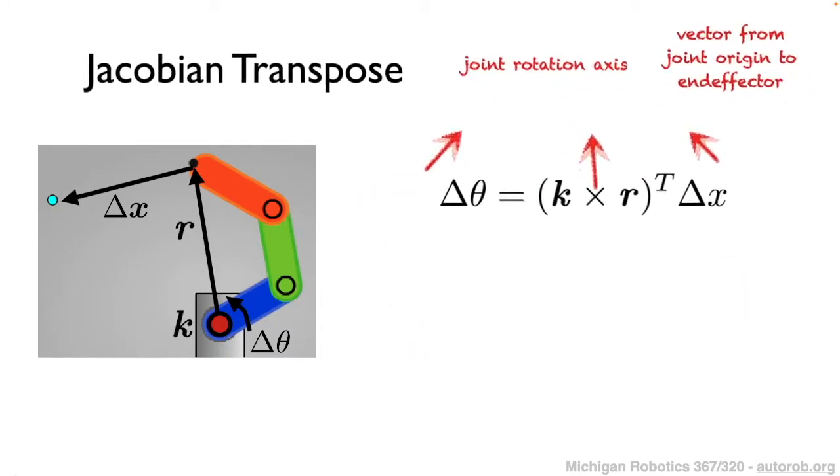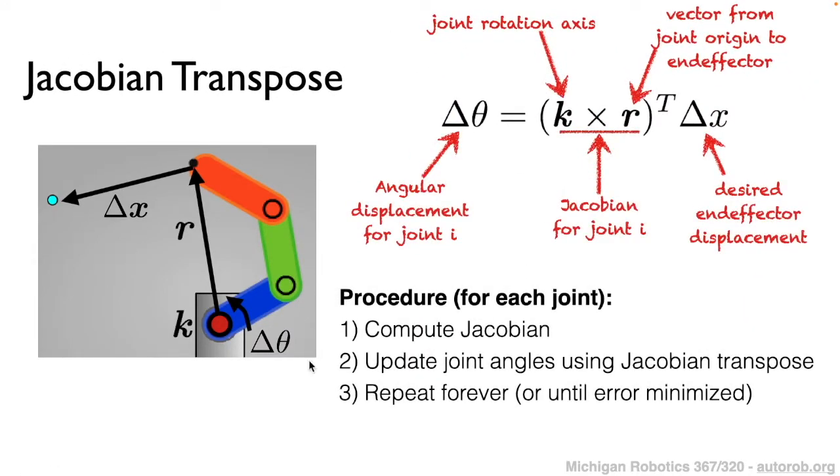So if we look at the terms within this equation, the result of applying this equation is going to be an angular displacement that our joint should take in order for the end effector to move along this desired displacement vector delta x. So here we have our desired displacement vector for the end effector, and the middle term then is the Jacobian transpose. This superscript T denotes transpose, and